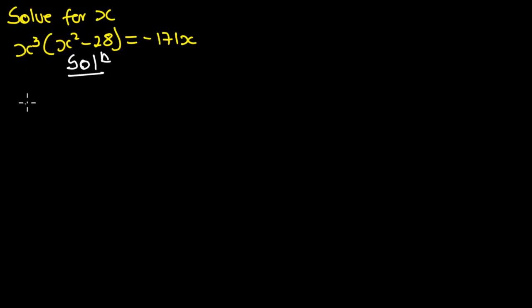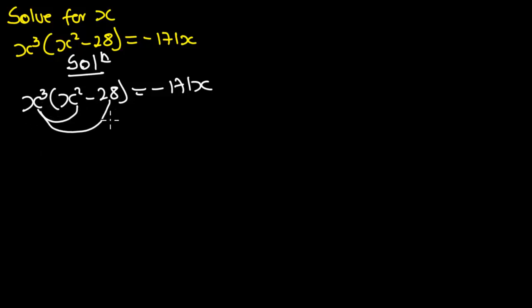Now for the question, we were given x cubed into x squared minus 28 is equal to minus 171x. From here we are going to start by expanding the bracket at the left hand side. And so we are going to multiply x cubed by the first term and x cubed by the second term as well. Now you are going to have x to the power 5 minus 28 x cubed is equal to